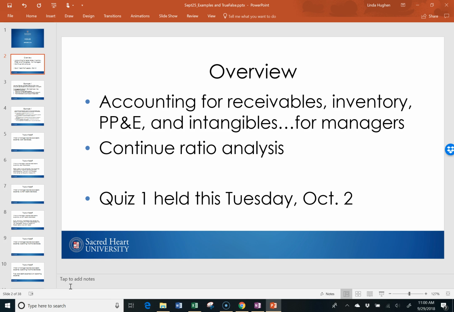Here's an overview of what we are going to cover. Accounting for accounts receivable, inventory, plant, property, and equipment, and intangibles. So basically we're going through most of the assets on the balance sheet, and we are taking a manager's perspective of what managers should know about the accounting. So we're not worried about the debits and the credits, but we're worried about when transactions occur, how do they affect the income statement? More specifically, how do they affect revenues and or expenses? And how do these transactions impact the balance sheet? And when we say the balance sheet, because we're looking at asset accounts, we're thinking about assets and expenses on